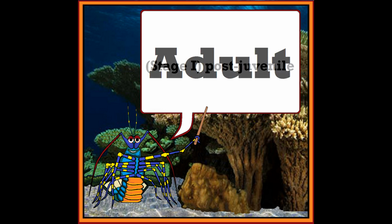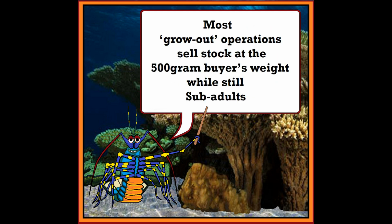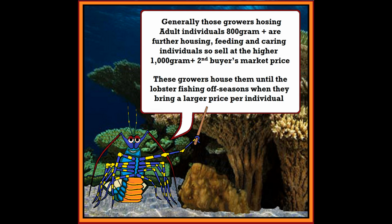Adult, Stage 1, post-juvenile. They are nocturnal, solitary, benthic, bottom-dwelling, feeding phase, and they tend to become less aggressive and cannibalistic. Adults have a minimum carapace length (CL) of 15 centimeters and a dry weight of 800 grams. Most grow-out operations sell stock at the 500-gram buyer's weight while still subadults, though there are growers who house adult individuals 800 grams plus, and will further house, feed, and care for individuals to sell at the higher 1,000-gram plus size,